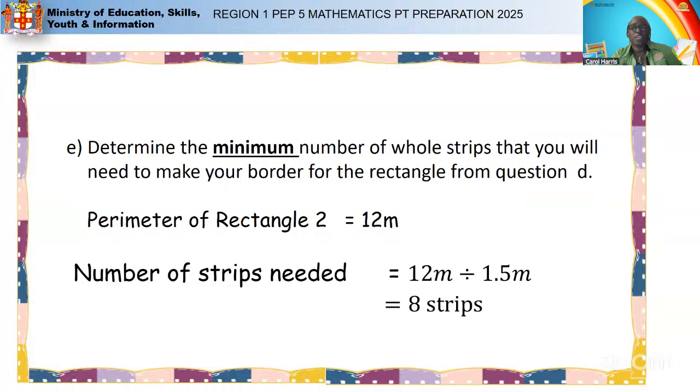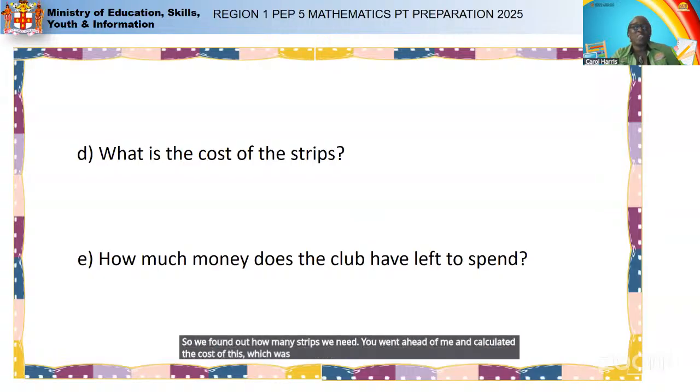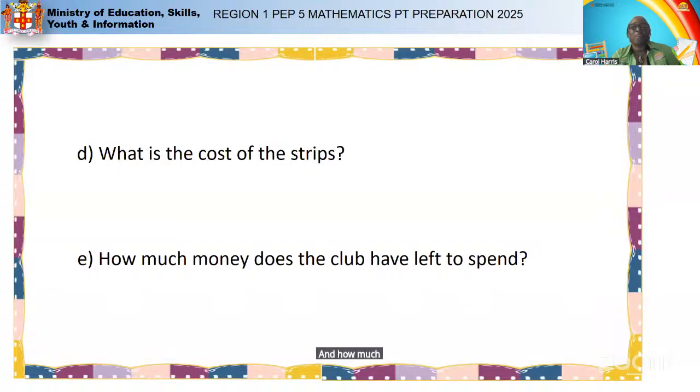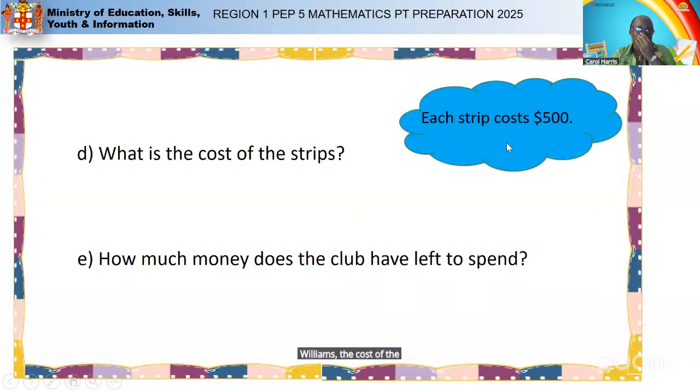Beautiful. So I'm going to need 8 strips, just as you rightly said. So we found out how many strips we need. You went ahead of me and calculated the cost of the strips, which was our next part of the question. And how much money does the club have left to spend? Let's quickly look at those two things. The cost of the strips would be 8. Remember that each strip costs